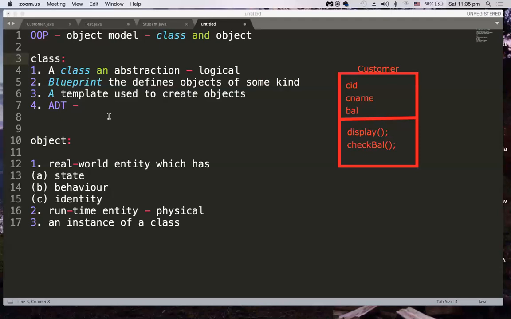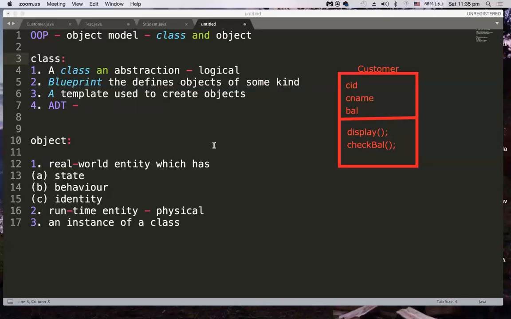You fill in the template and your resume is ready. The template is logical. That's an abstraction. That's not real. But when you fill in that template, your resume comes out. That's an object. So a class is a template which is used to create objects.